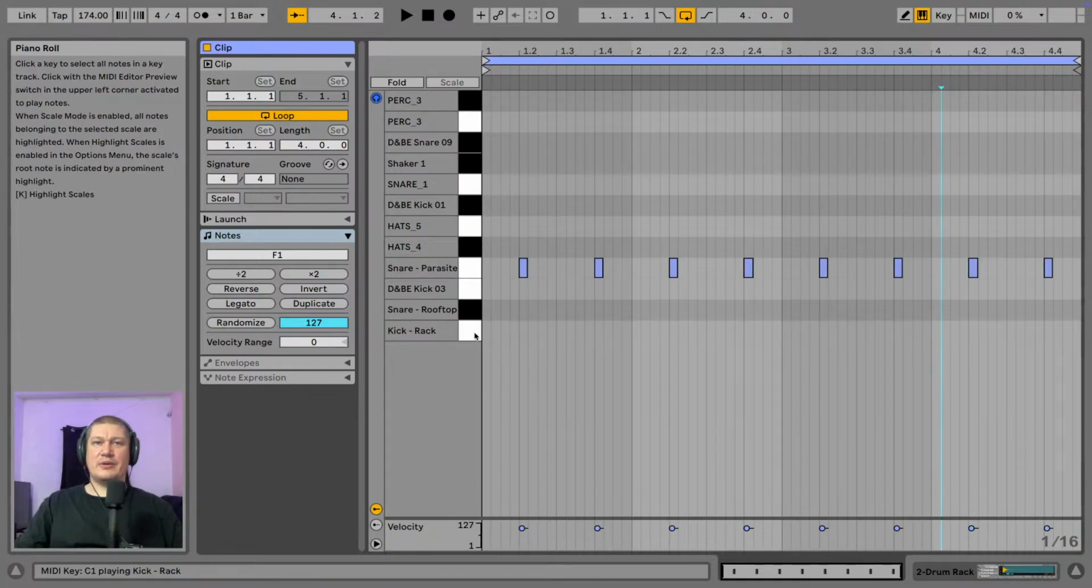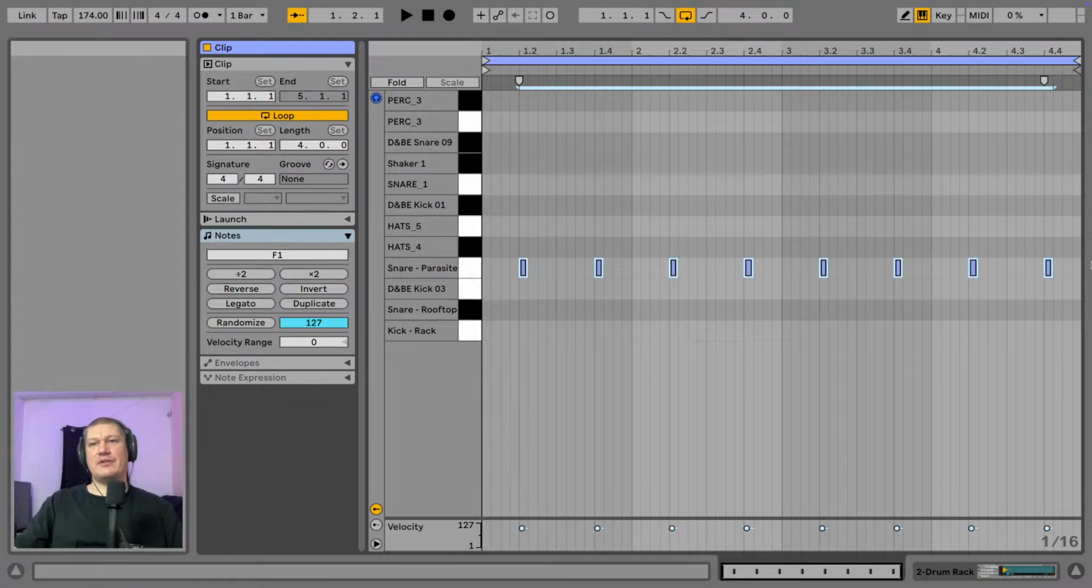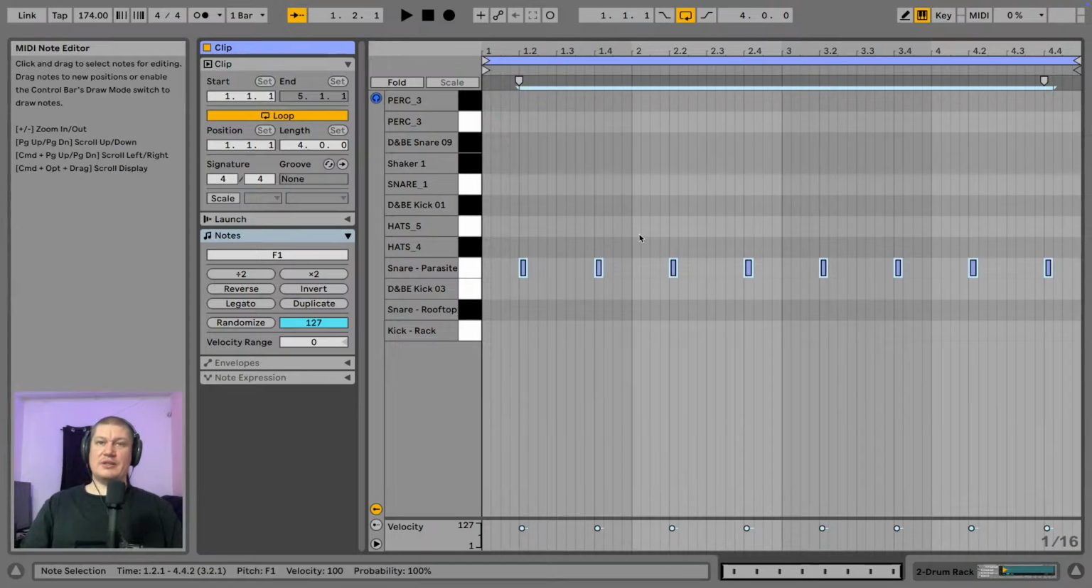So next thing we're going to want to do is choose one of these snares. And the cool thing is, you don't necessarily have to choose which one it is now, because I've chosen Snare Parasite just as a demonstration, right? But if I click Snare Parasite, look how now they've all got highlighted. Then using the arrows on your keyboard, if I decided, for example, that I wanted to use the rooftop snare instead, I just press down twice on the keyboard, and now